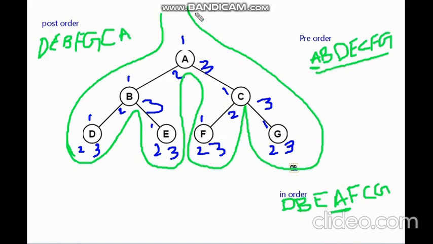Yes, no more 3's. Hence I visited all vertices in the given tree, and moreover your root node is at the end. So this is the way we need to write pre-order, in-order, post-order of the given graph or tree. I hope everyone understood this. Okay, thank you.